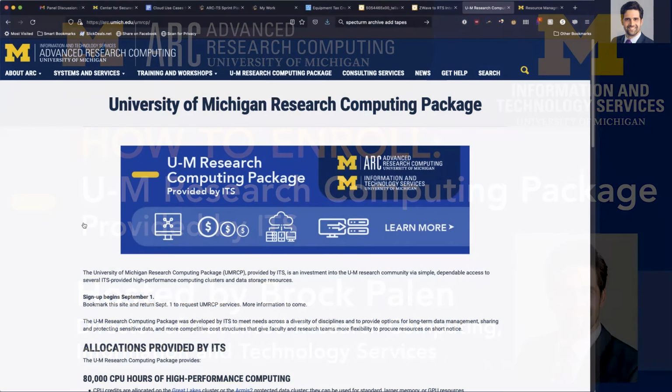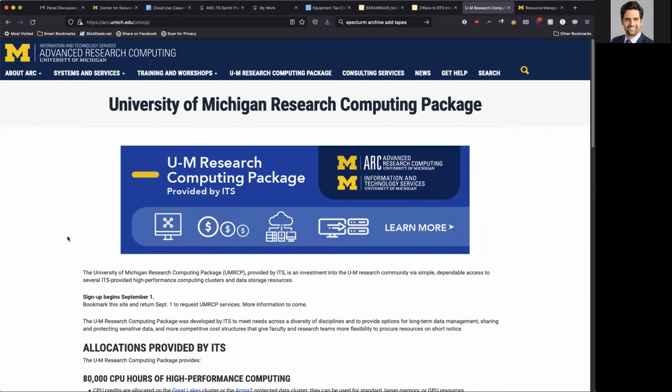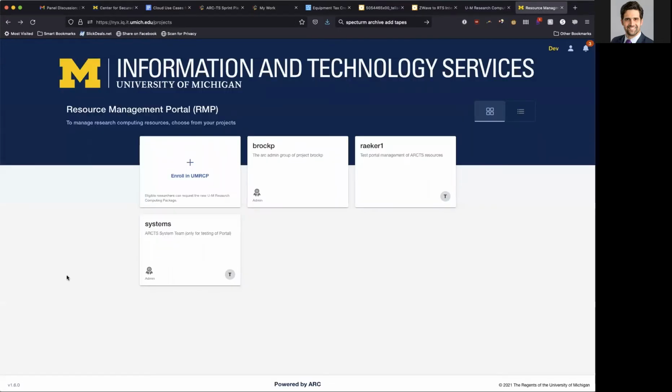Hi, I'm going to cover how to request the University of Michigan Research Computing Package provided by Information Technology Services. Follow the link off of the UMRCP webpage located at arc.umich.edu/UMRCP. This will take you to the Research Management Portal, in which you might see some existing resources, but in